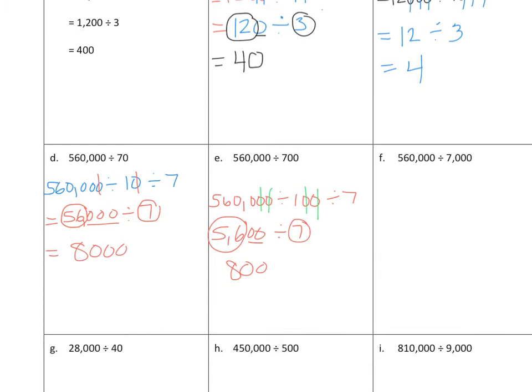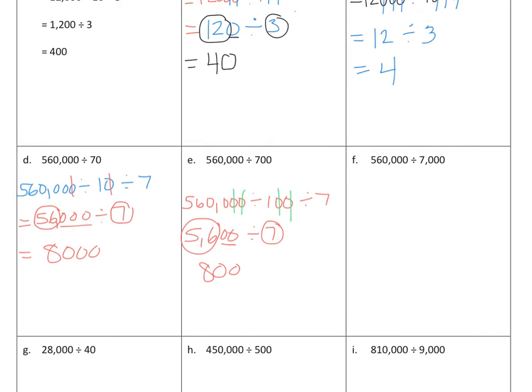Now some of you might be noticing that this step right here of breaking up 700 into 107 is probably something that we can skip, and you're absolutely right. We're going to skip that in F, and I'll show you how we do that. So we're going to take the problem again, and I know you see the problem up above, but I do want you to rewrite it down bigger so we can see it,